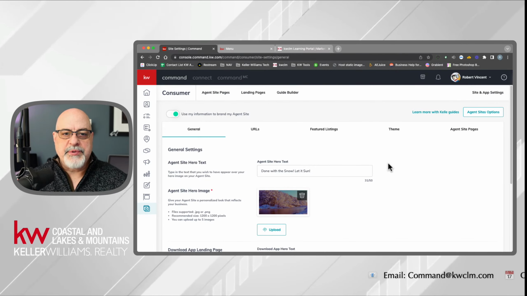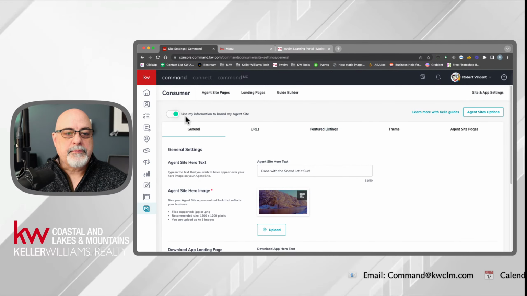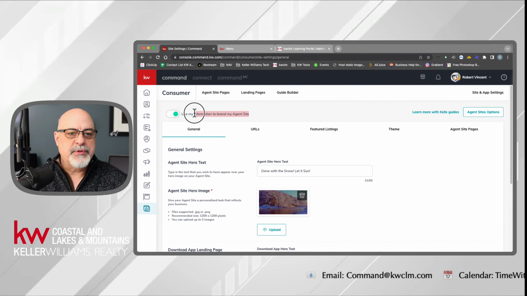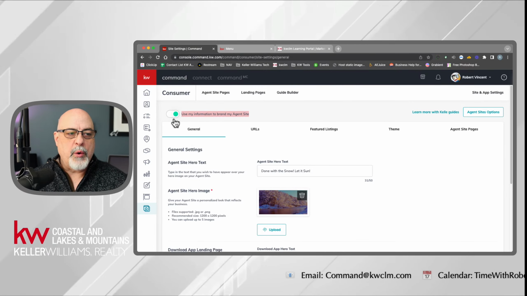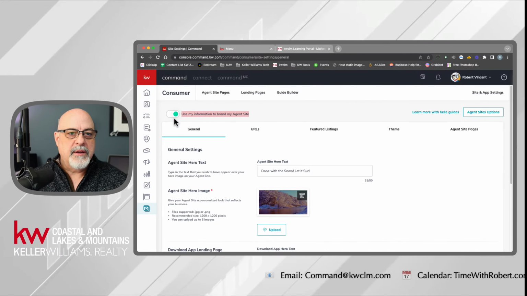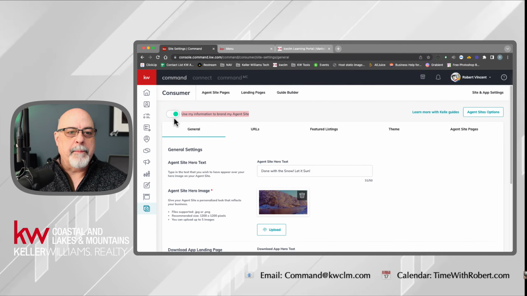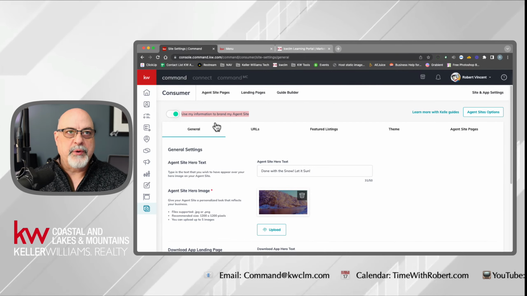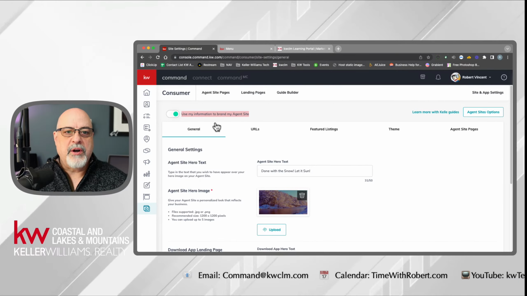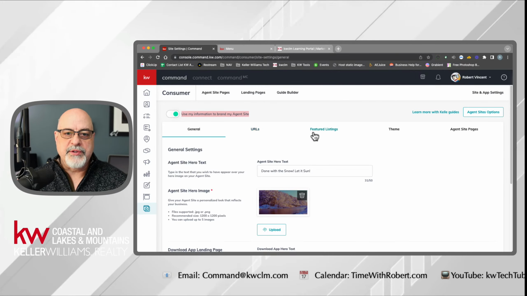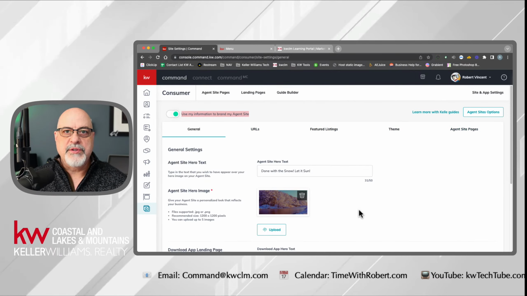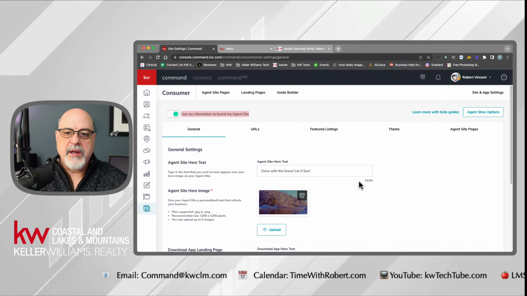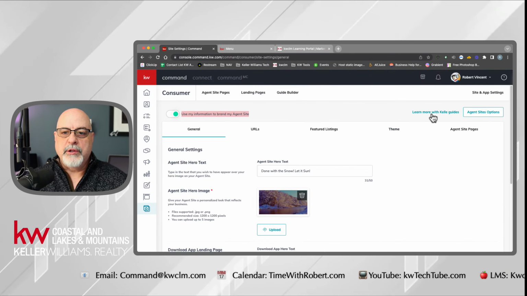Now, in the Site and App Settings area, there's that button again: Use my information to brand my site. You can absolutely click on this and start your website there. And that way you'll have all the information from your marketing profile coming through. In addition, the URLs and the listings and all those things here are just additional information and additional tools. What we're going to focus on is coming over to the far right-hand side, learning more with